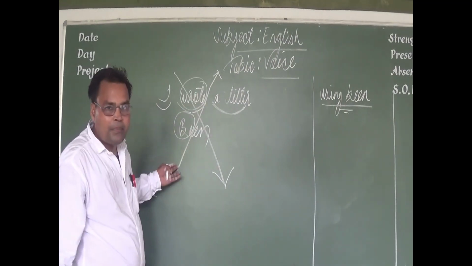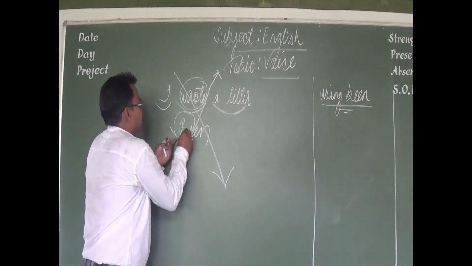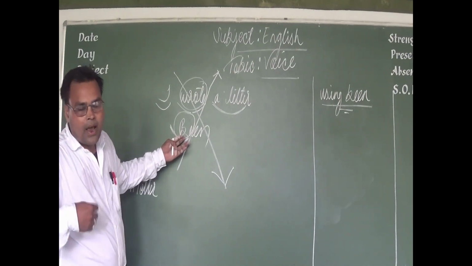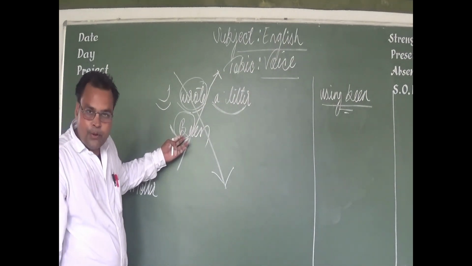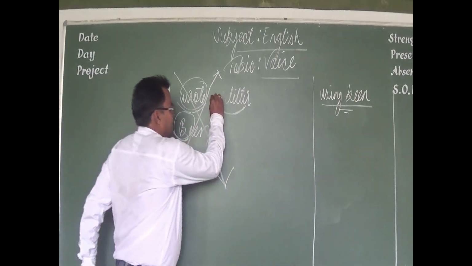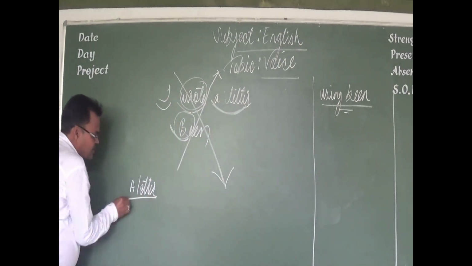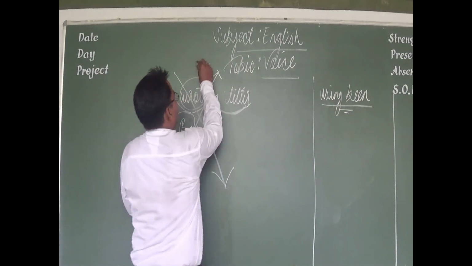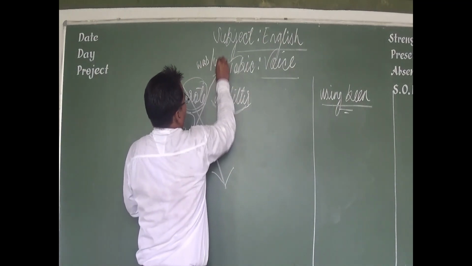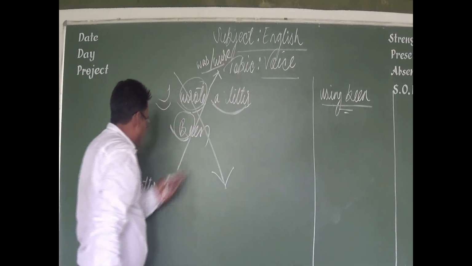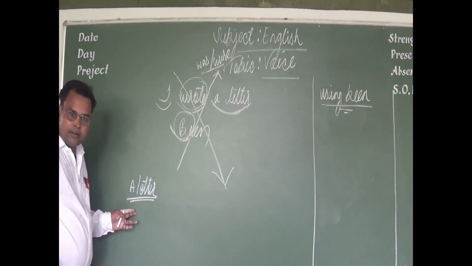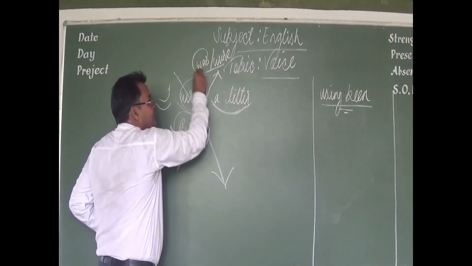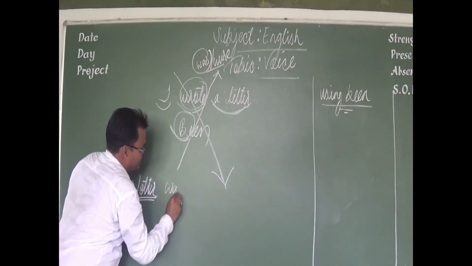So what will be the helping verb? See, what is that verb used in simple past? What is the helping verb that can be used in simple past tense? Suppose a letter is object. A letter is singular, right? So what can be the helping verb? There are only two verbs. Was or were, right? As a letter is singular, right? So what can come with a letter? Watch. So we will put was,